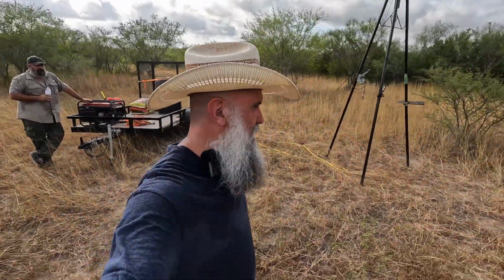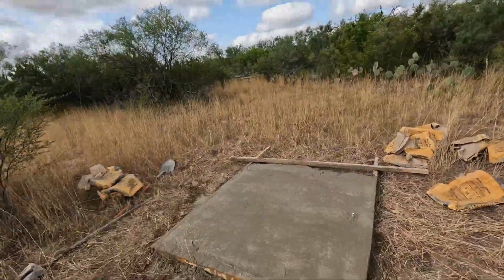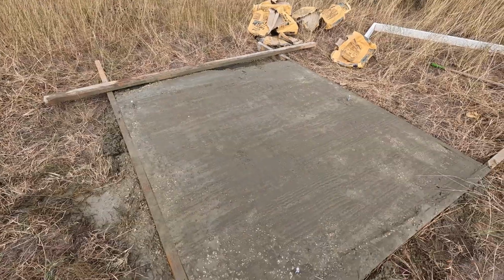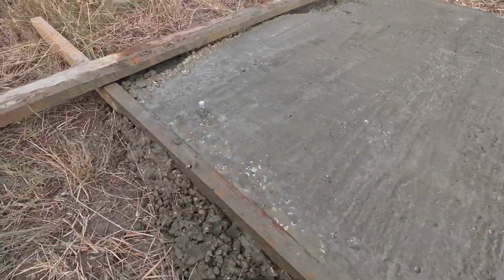Right, we got that cement leveled out somewhat. Again, we're not going to get any contracts out of this, but check it out. So we got the cement laid down, the concrete laid down, cut those bolts right there that we're going to